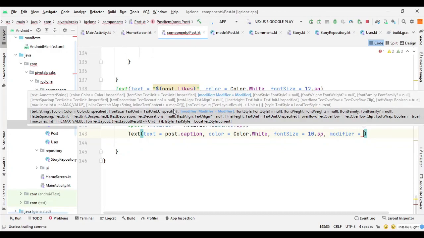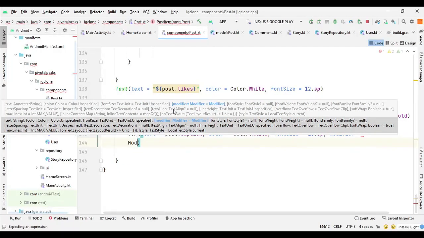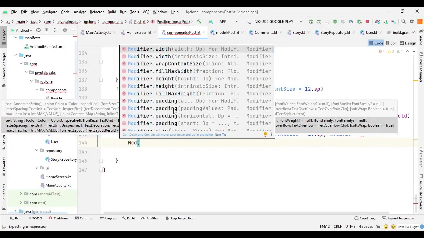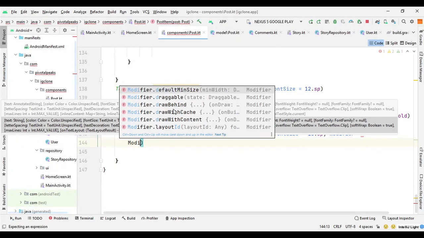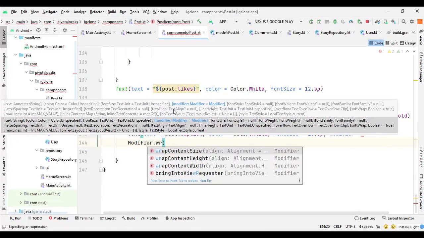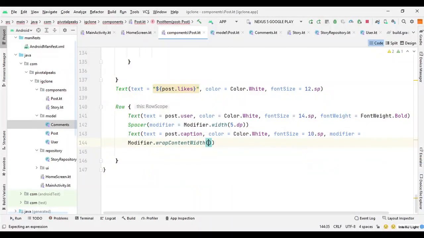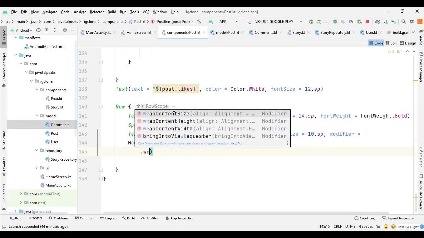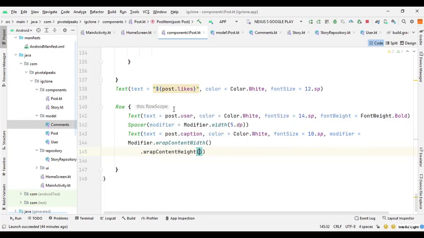So we can give some additional properties. So modifier dot wrap content width, and let's wrap the height as well. So we will say wrap content height, and let's give it a bit of padding. So padding 2 dp.